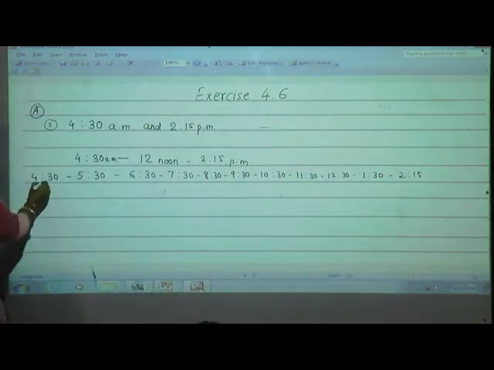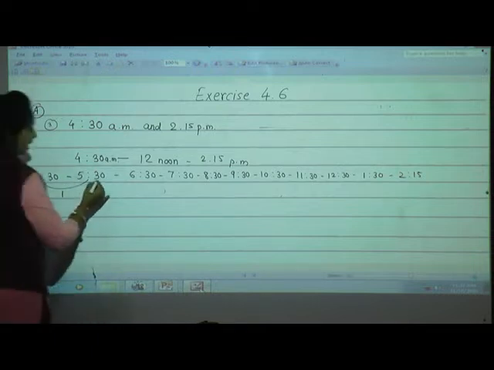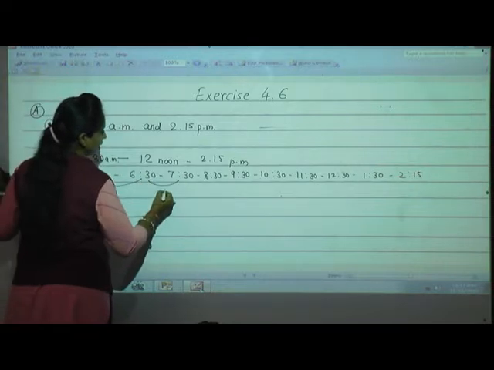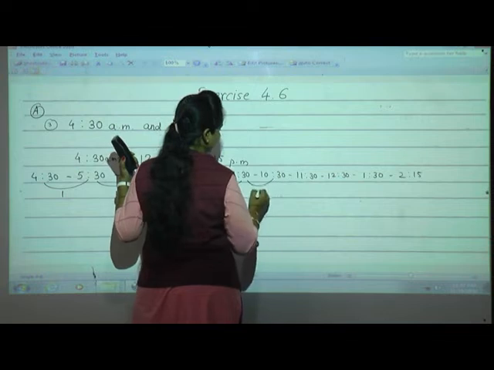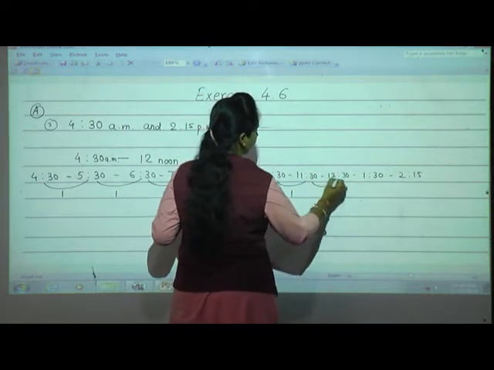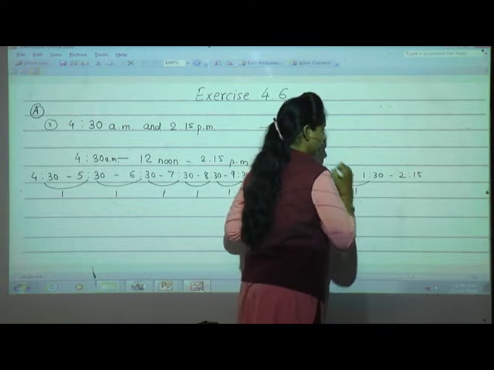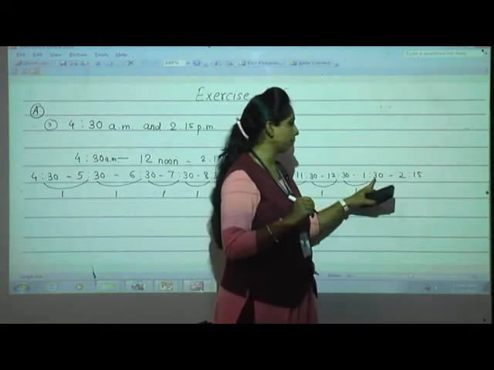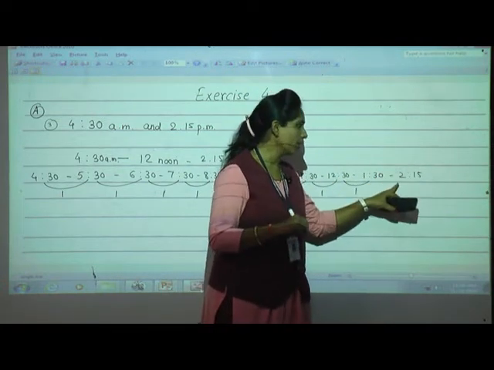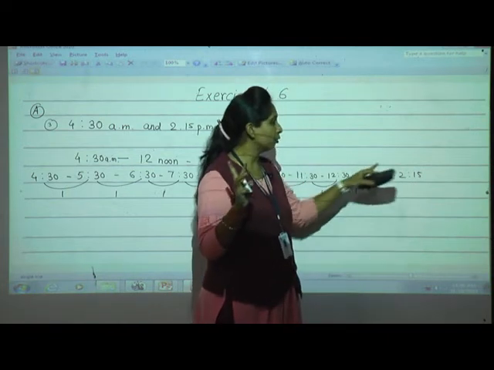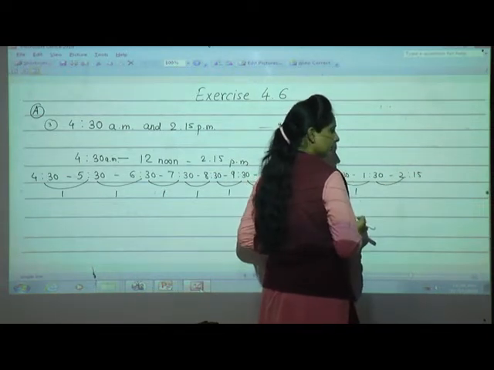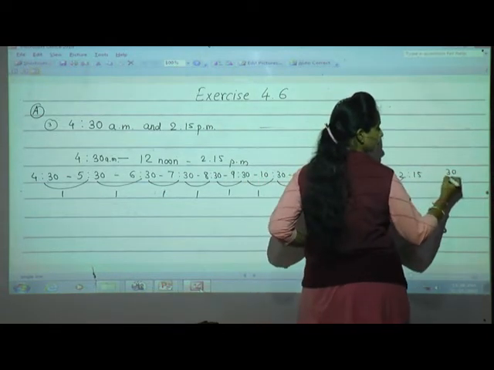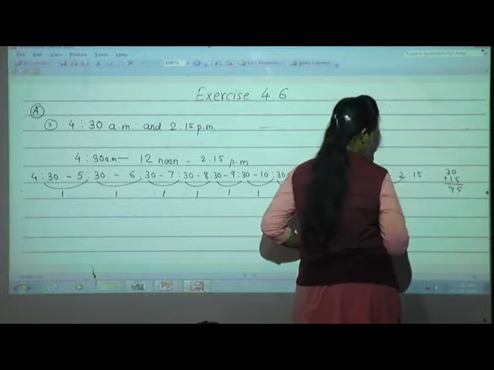Now between 4:30 and 5:30 how many hours are there? 1 hour. And between 5:30 and 6:30 1, 6:30 to 7:30 1, 7:30 to 8:30 1, 8:30 to 9:30 1, 9:30 to 10:30 1, 10:30 to 11:30 1. But here do it properly. 1:30 to 2 o'clock, 30 minutes, then 12 to 2:15 it is 15 minutes. So how much time does it become? Yes, 30 plus 15, 45